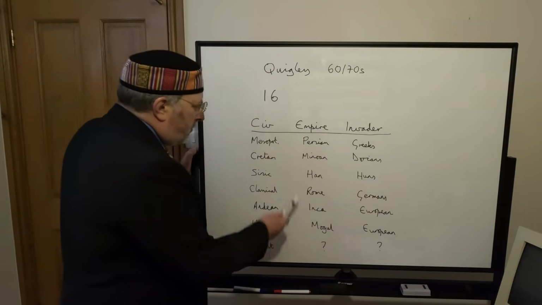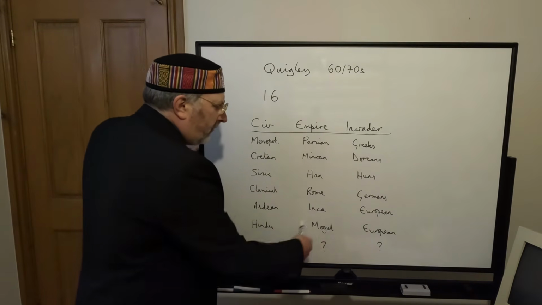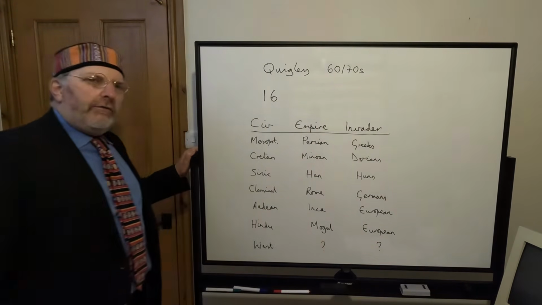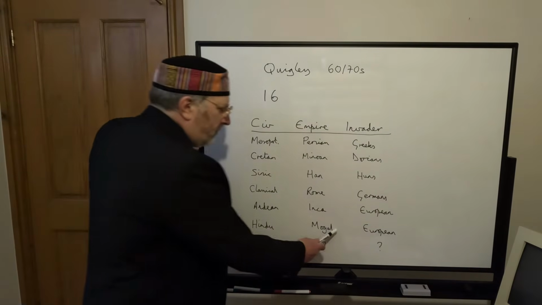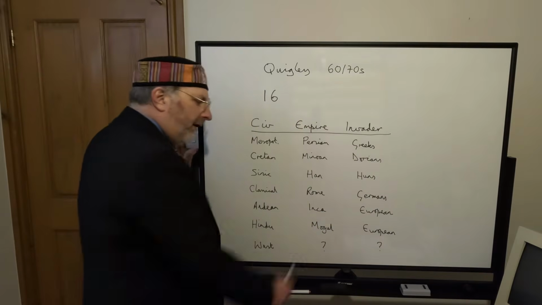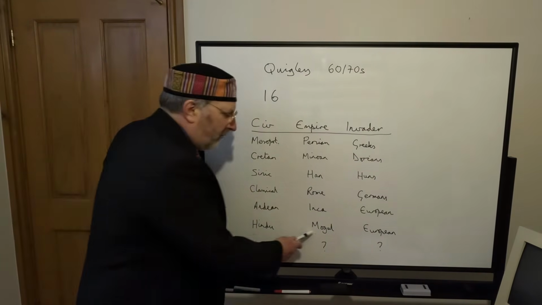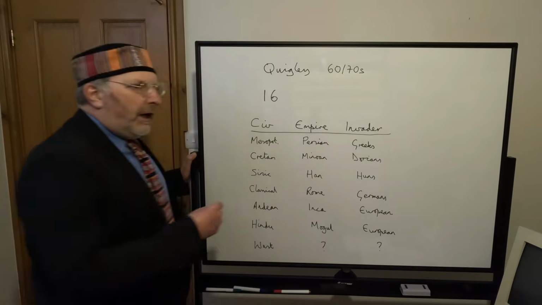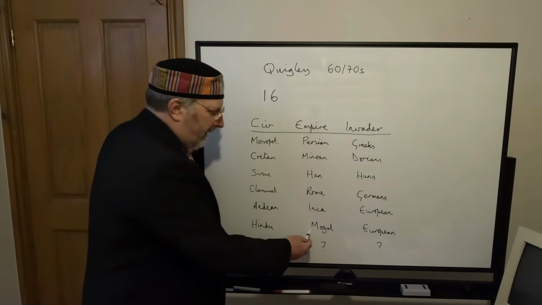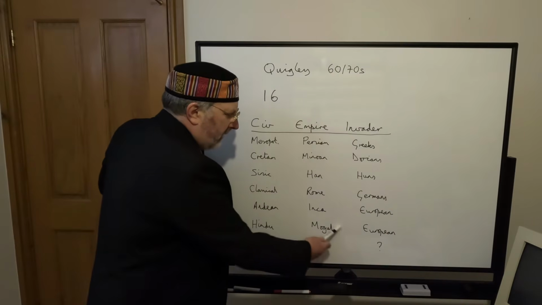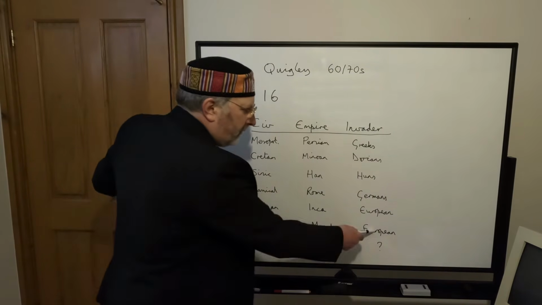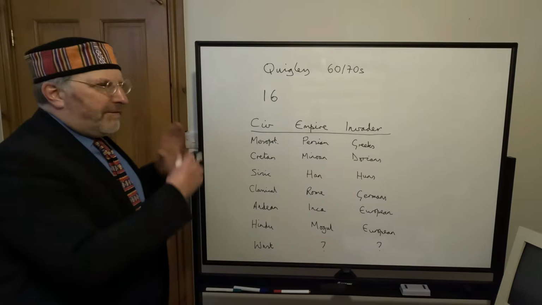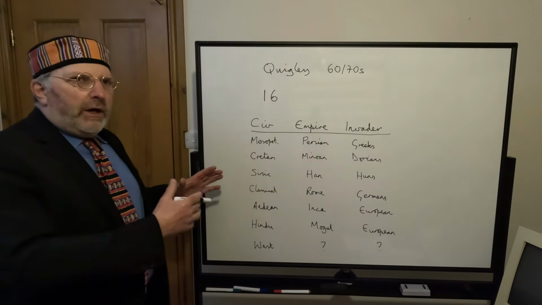And similarly, the Hindu civilization, he sees its universal state as being the Mughal Empire, and that too was brought down by European invaders. But you could sort of question that, because the Mughals themselves could be seen as invaders. They were Islamic rulers who came from Central Asia, but brought a religion that came from the Middle East. So they could be seen as invaders, really. So it starts to call into question whether trying to fit history into this civilizational framework creates